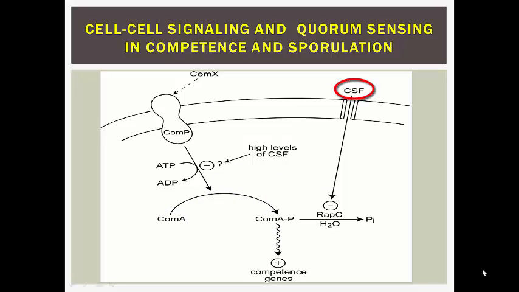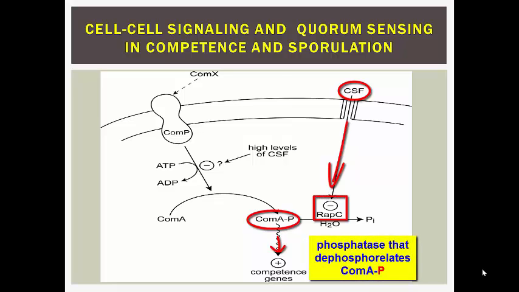CSF, the other oligopeptide pheromone, also accumulates in the medium as Bacillus subtilis grows to a high density. CSF is a 5 amino acid pheromone that is involved in competence and sporulation. The cellular response to CSF requires transfer back into the cell via oligopeptide permease. CSF stimulates accumulation of ComA-P, or phosphorylated ComA, and competence gene expression by inhibiting the activity of RapC, a phosphatase that